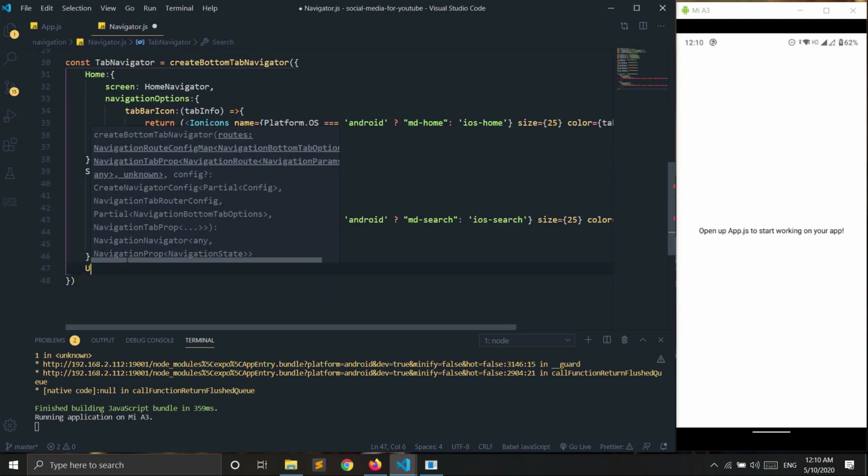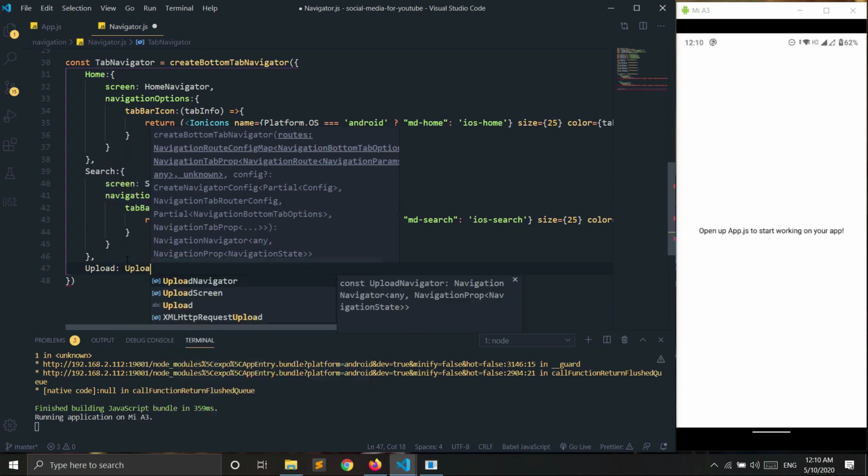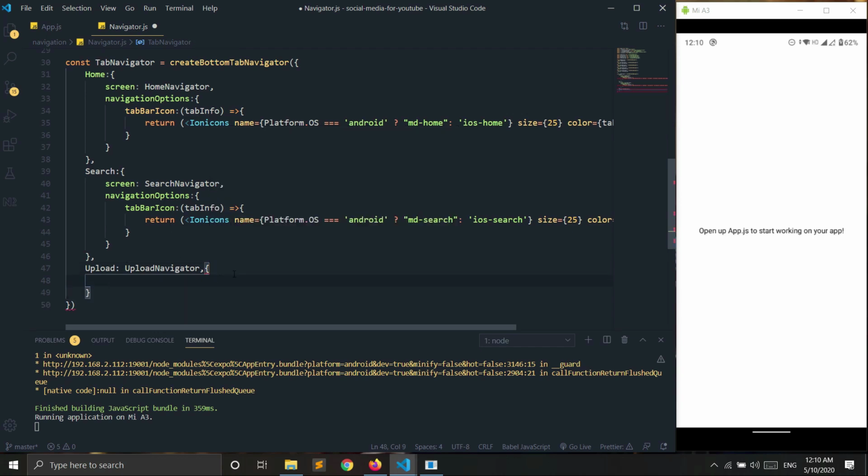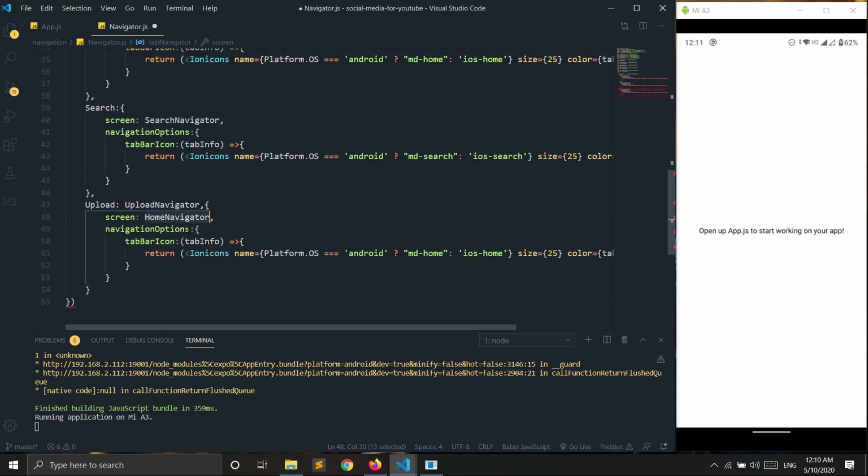The next one will be our upload navigator, and the icon will be add-circle, for iOS also add-circle. This will be our screen.